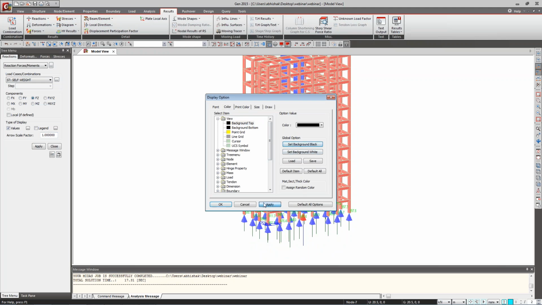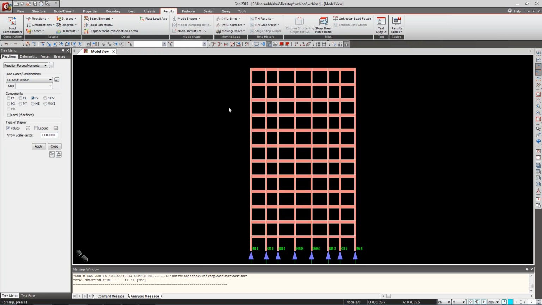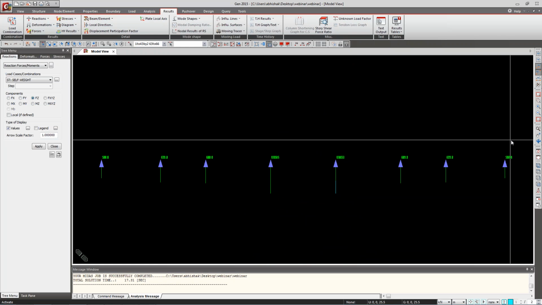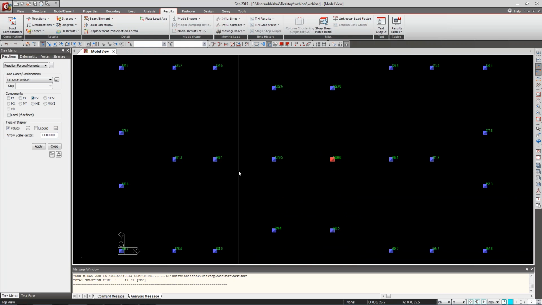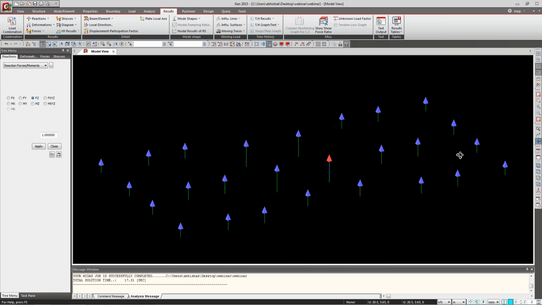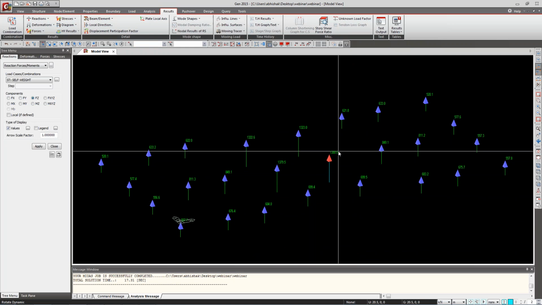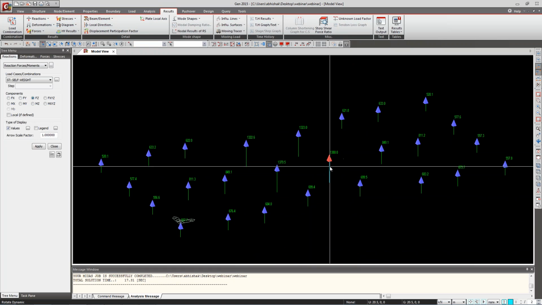I just say black. Now you can see in the bottom, its values are coming. Now it's not that proper to see, so I just go and select my base points. Now in the base point, I just show you how to see the values. Now you can see, or else I just go to the 3D view. Now you can see here that 1380 is the maximum value at this particular column, that is indicated